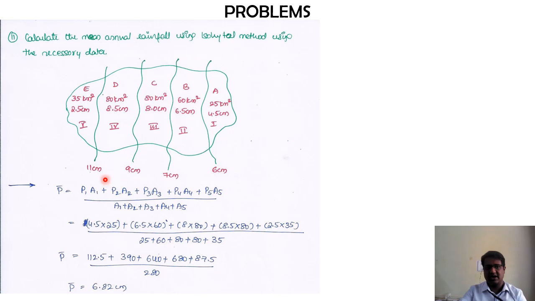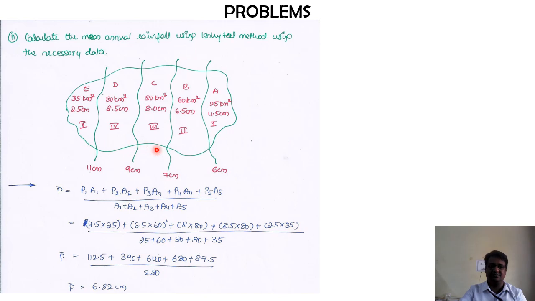Okay, but right now if you check, there is nothing at the edges. They have just given four isohyets at the middle of this catchment area. So at this point of time, how to go ahead with the problem, we'll just check it out. Okay, again the basic concept is still going to remain the same. The only thing is here and there we might need to change the formula, that's it. Okay, so keeping that in mind, let me tell you what all is there in this